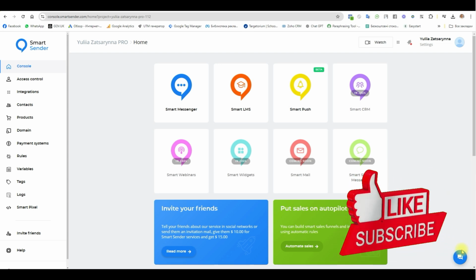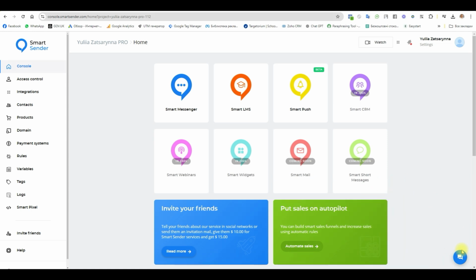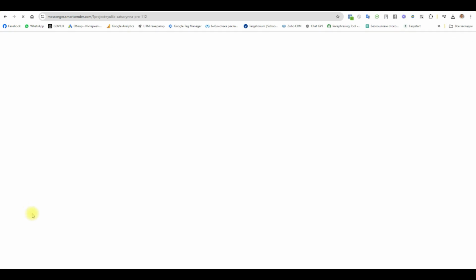In any case, to subscribe to a chatbot, you must set up a start menu at the time of initial subscription, and only after the user uses the start menu button, the funnel can be started. This is very important. Okay guys, and the first tag, we go Smart Messenger,